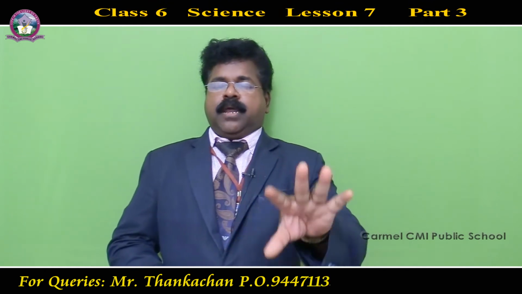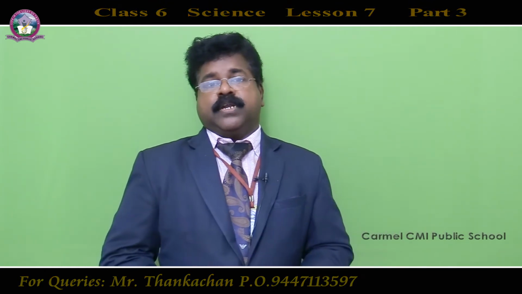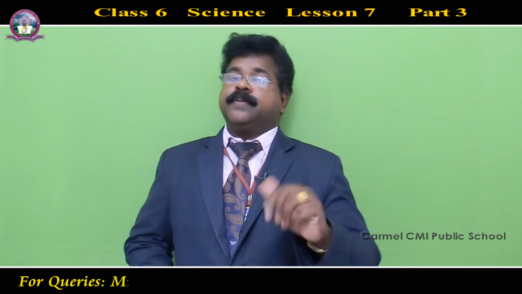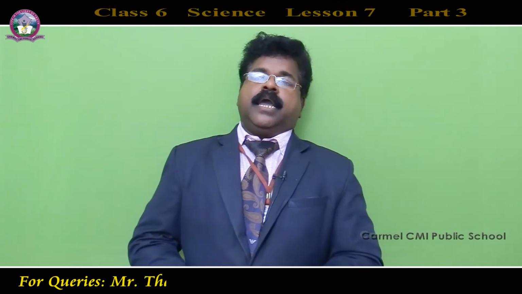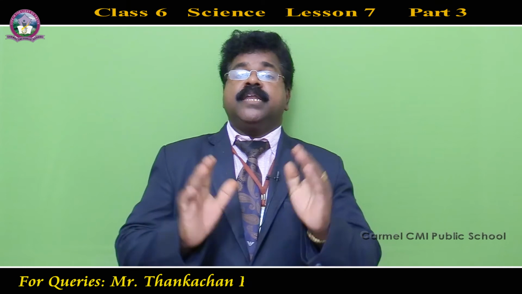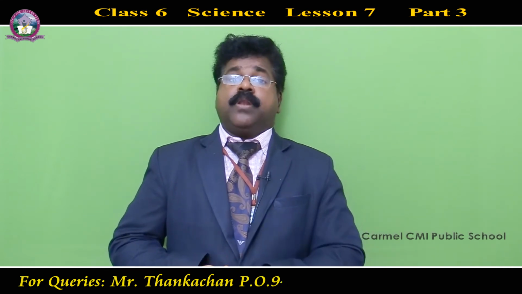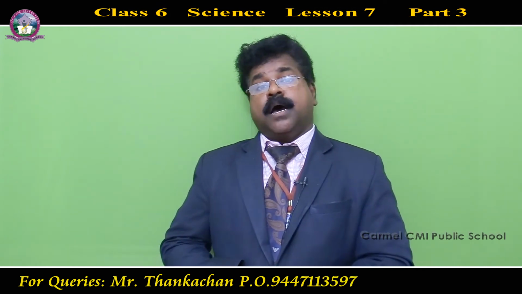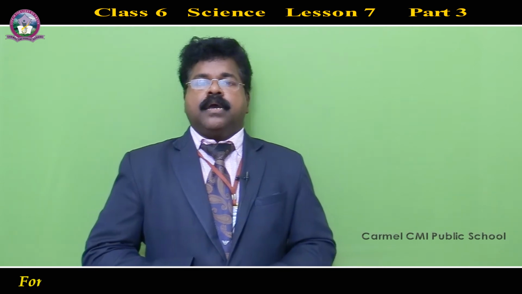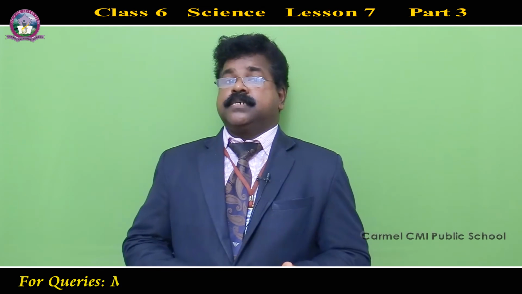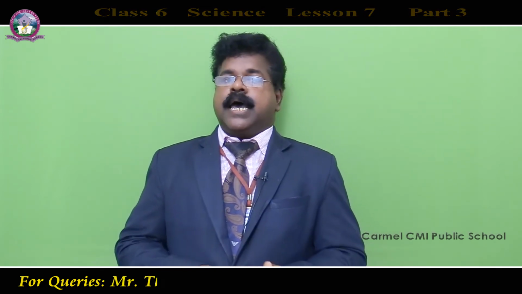And four main parts we have discussed in detail also. One is the stem, next the root, again the stamen and pistil. These things we have discussed. Again, we have discussed photosynthesis. What is photosynthesis? Preparation of food by green plants with the help of sunlight and chlorophyll, by using water and carbon dioxide. That process is known as photosynthesis. Again, we have discussed different types of plants like herbs, shrubs, trees, creepers and climbers.